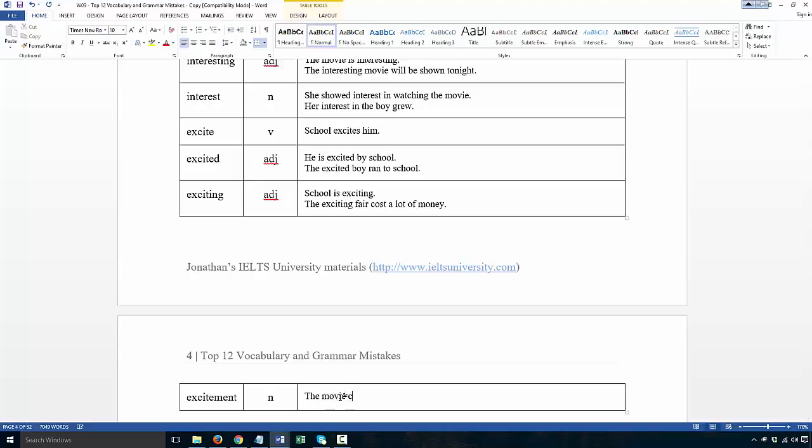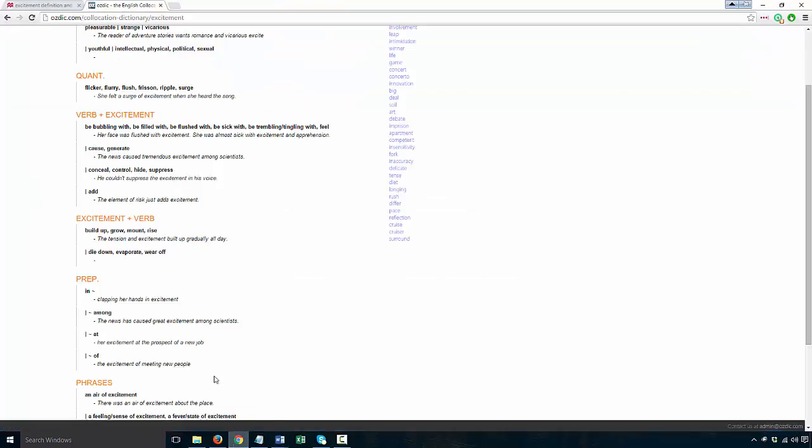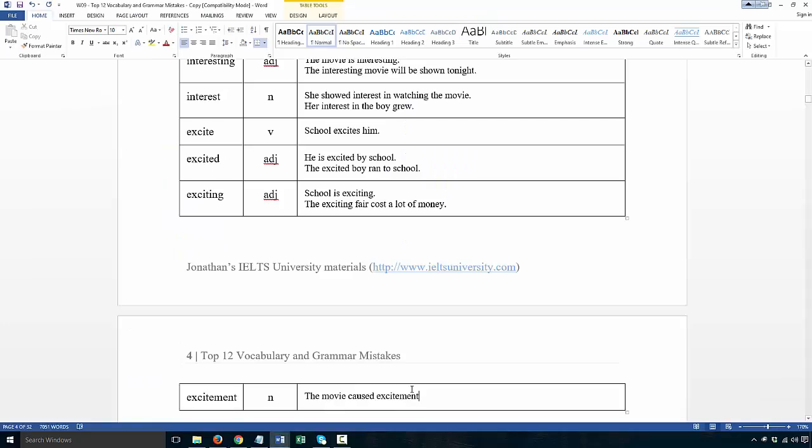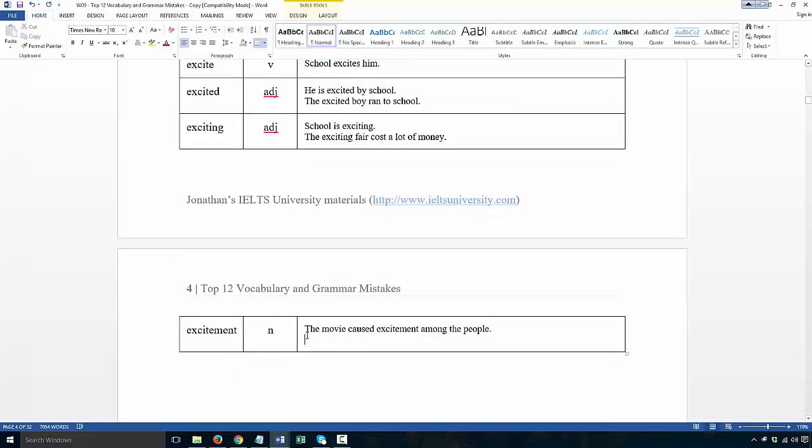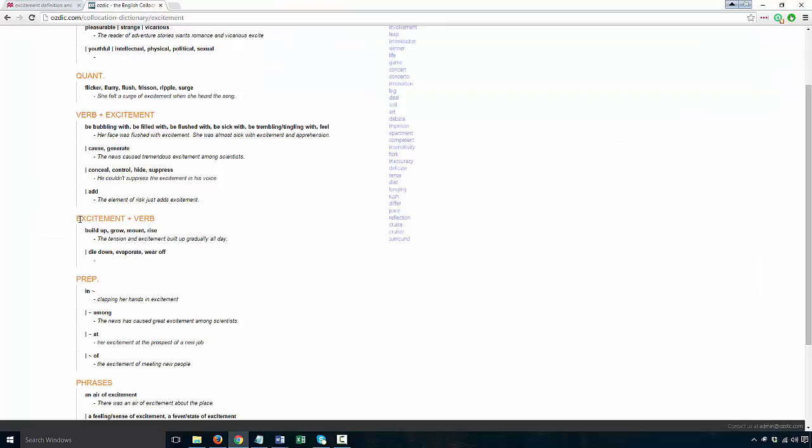The movie caused excitement. Now, when you use excitement, you could say caused excitement. The preposition I'll use is among the people. Okay, this is used as an object, so you want to use it as a subject. Here, subject plus verb. So excitement